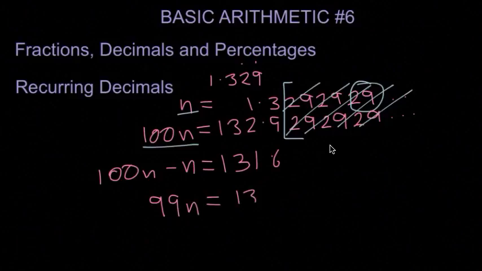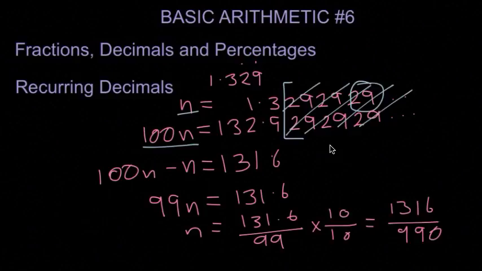That equals 131.6. What we do is we divide by 99. So n equals 131.6 over 99. But we don't want to have a decimal in our numerator. So to get rid of the decimal, we need to multiply the numerator and the denominator by 10. And if I multiply both of these by 10, we'll end up with 1,316 over 990,